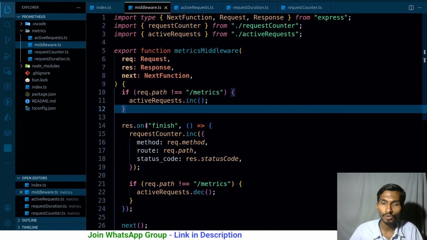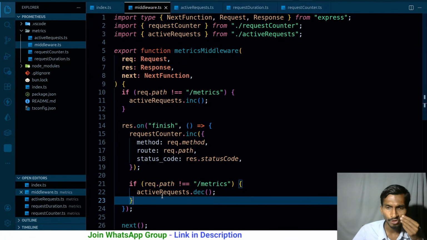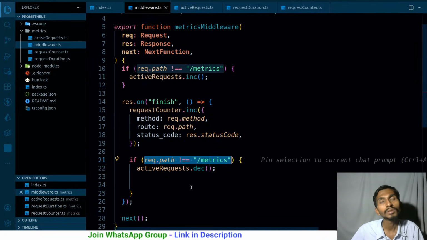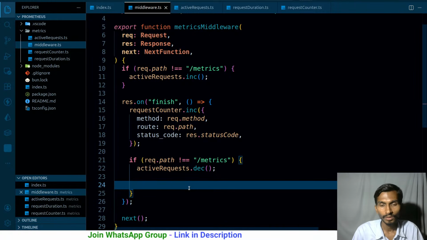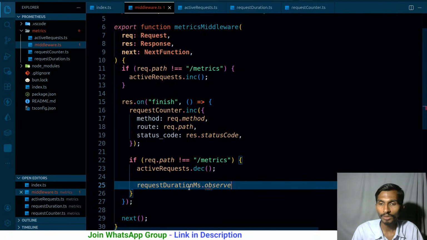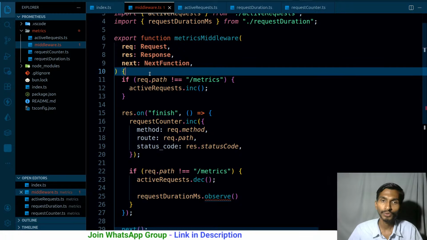So I will be getting the histogram over here. Once I got the histogram, when should I be checking? Whenever I'm returning the response, at that time I should be checking exactly how long it's taking. Only in that particular situation that should happen, right? So let me just do it like this over here. If that's not equal to metrics, over here, request duration in milliseconds dot observe. I have to observe. And how will I get the duration? The duration will be equal to